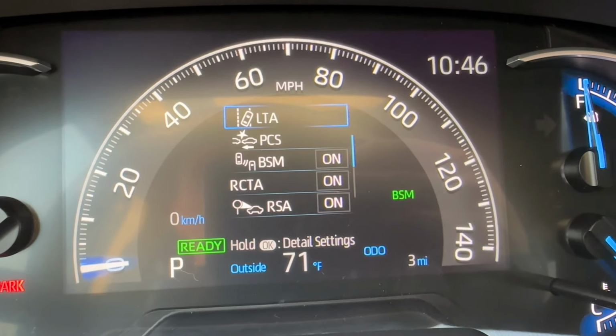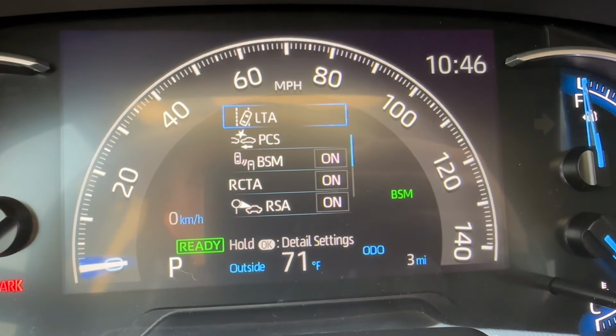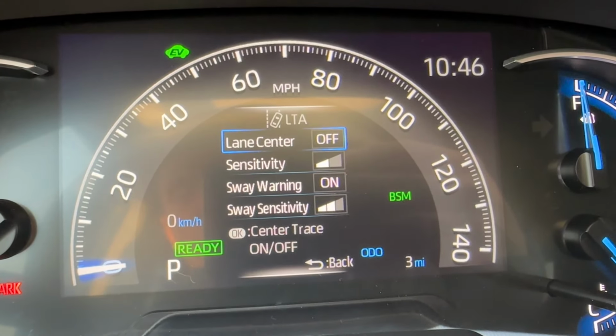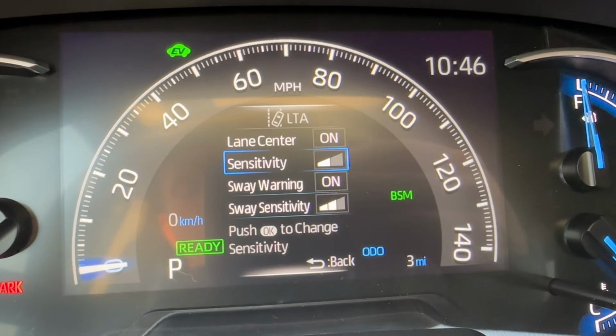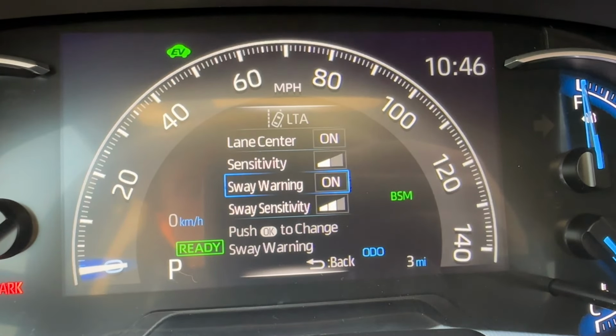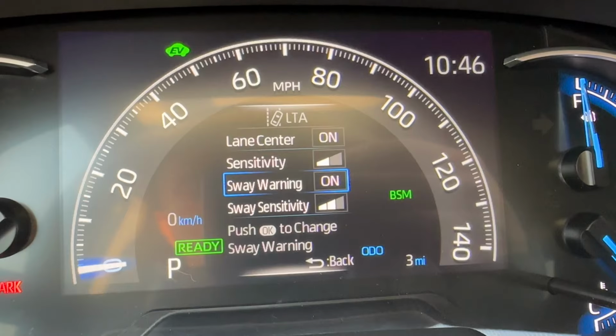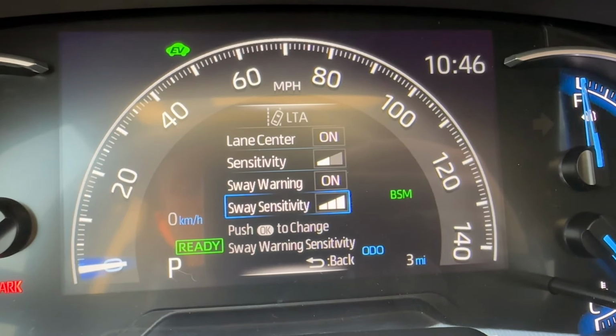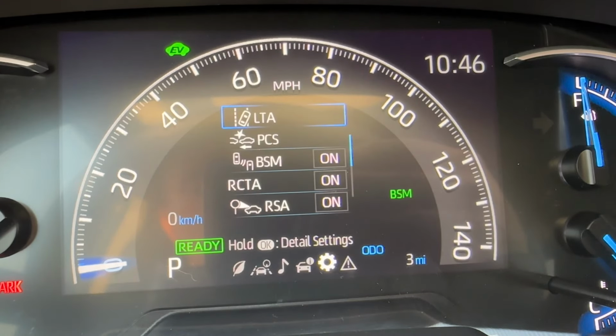That's what actually keeps the RAV4 in the center of your lane while you're using the lane departure alert or the dynamic radar cruise control with the lane departure alert. If I hold OK, I can change a couple things here. So I can turn the lane center on and off, change the sensitivity to high or low, put the sway warning on or off. That's the car detecting if I'm driving tired or distracted, and the sway sensitivity. So how likely it is to warn me that I'm swaying. Hitting the back button